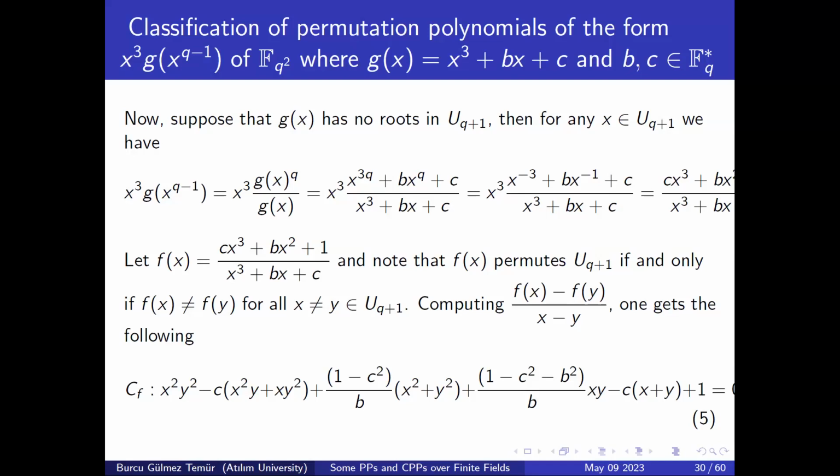F(x) permutes U_{q+1} if and only if whenever f(x) is different than f(y), x must be different than y. This is the definition of one-to-oneness. Everybody knows. So computing (f(x) minus f(y)) over (x minus y), we end up with an algebraic curve over Fq. I guess it was Fq square. Yes. Over Fq square, we have a two-variable polynomial. So the question is actually here, are there any Fq rational points, actually U_{q+1} rational points, such that